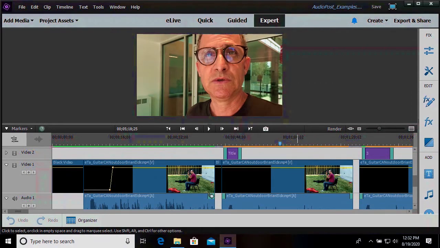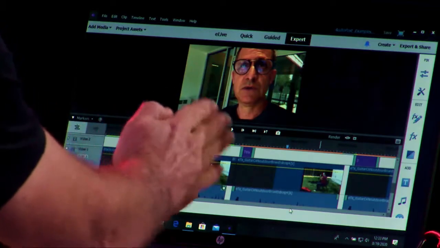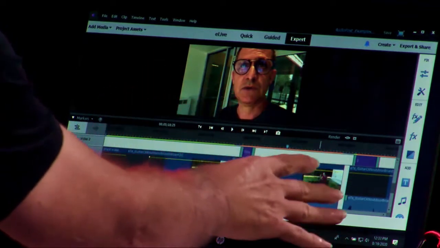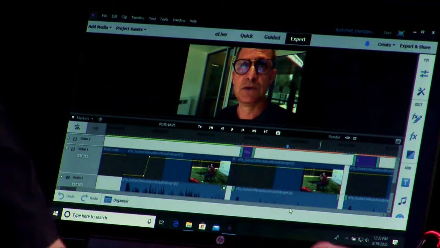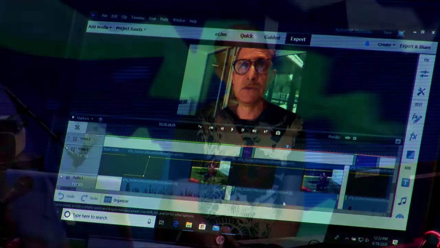That's what you call picture lock, when all the picture is complete. When you have all your clips nicely cut, placed where you want, transitions maybe in between them, great. Then you can start working on your audio